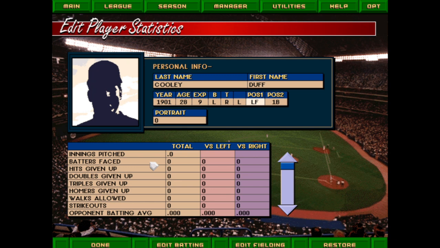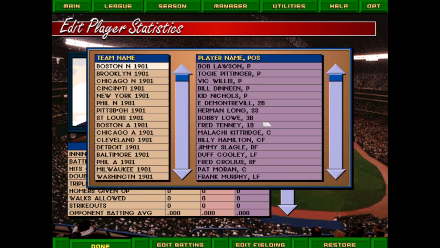So basically, all the right fielders come over correctly. It's just that some of the players that played left or center as their primary position came over as right fielders, and you need to change them. Click done on that. All right. So once I made those edits,